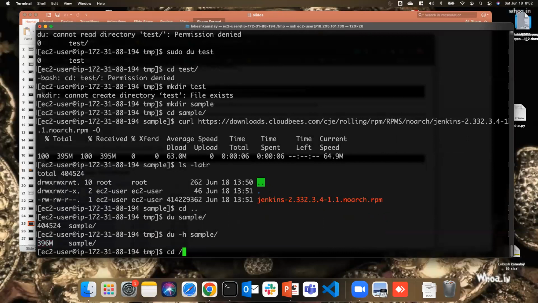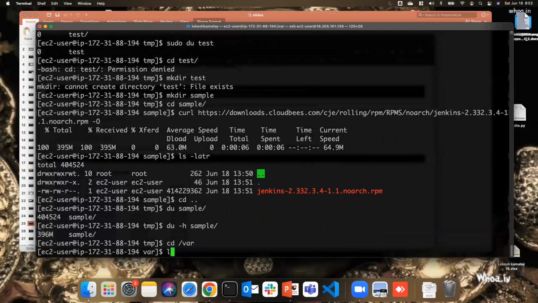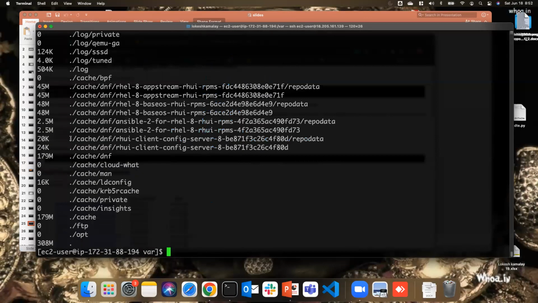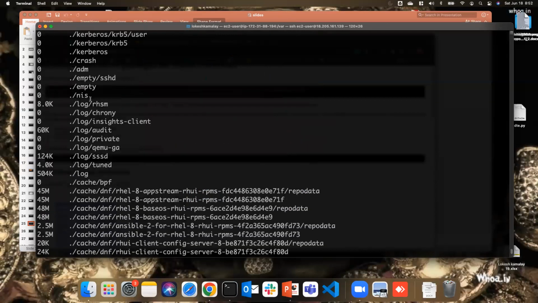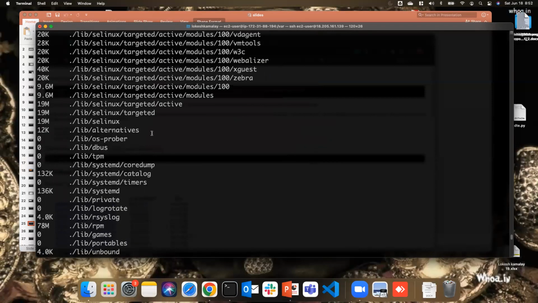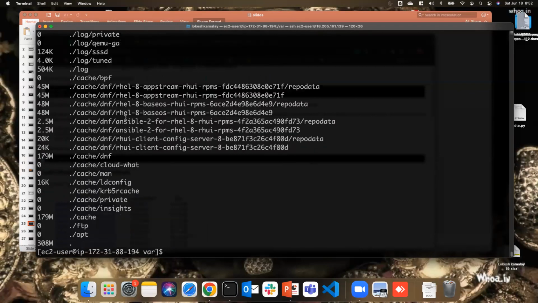So let's say you want to go to var. We have so many directories. Now you want every directory size, so you can also use the same du command. Since it is owned by root, I'll be using the sudo command here, sudo du -h. It gives you all the directories inside the directory, and the files. But it is clumsy, right? So if you want just one level, then I use du -h